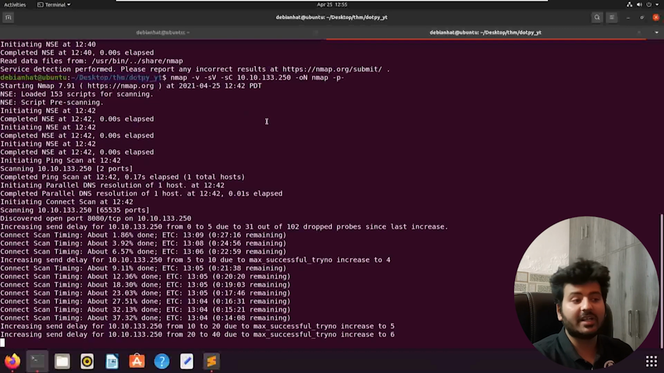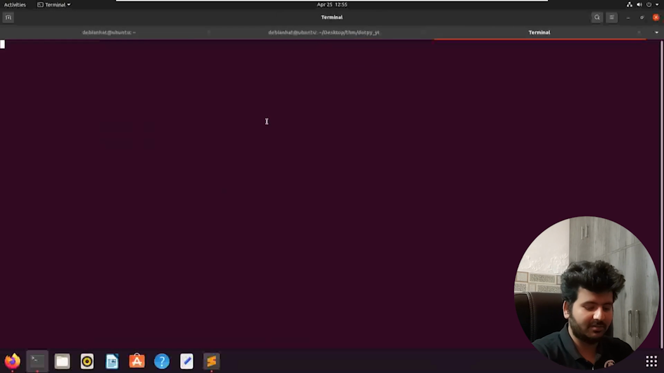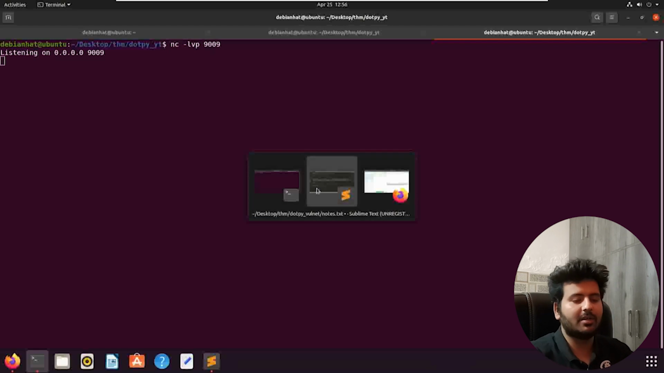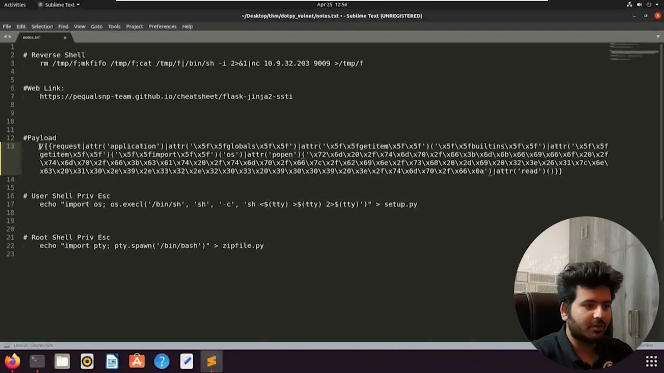So Nmap has not yet returned anything, it's still scanning. Let's get and fire up our netcat listener so that we can get the reverse shell back. nc -lvp 9009, the port I have used, and okay, in the payload. Copy this